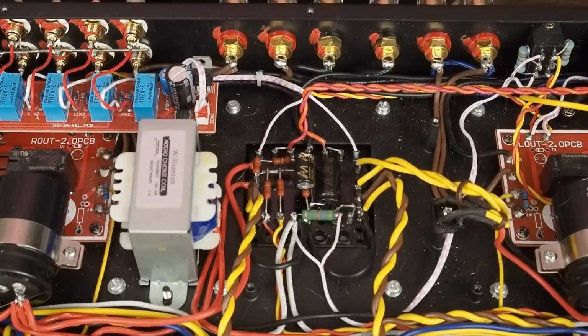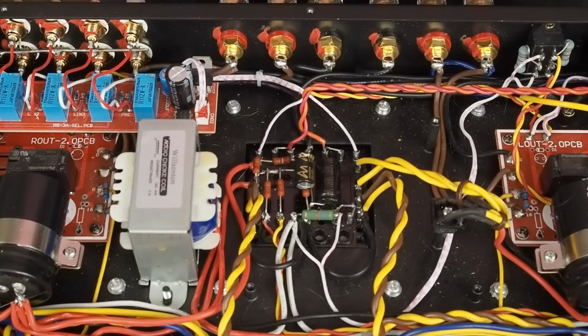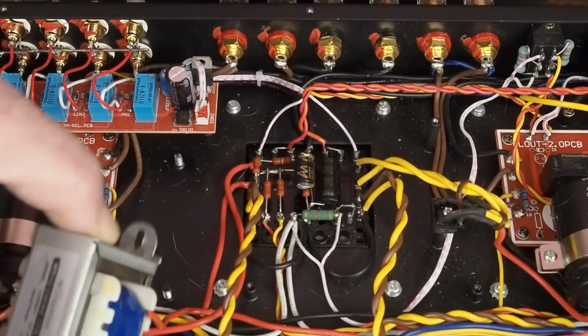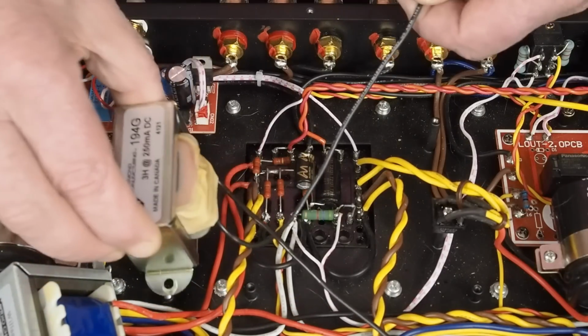So luckily we found something that'll work, and I'm not concerned at all going from 4 Henrys to 3 Henrys. It's going to be just a tiny bit less filtering, but with these really big filter caps this amp has in it, and we're talking about the initial B plus that's going onto the plate of the output tubes, that doesn't bother me at all. So this guy needs to go, and then in its place we've got